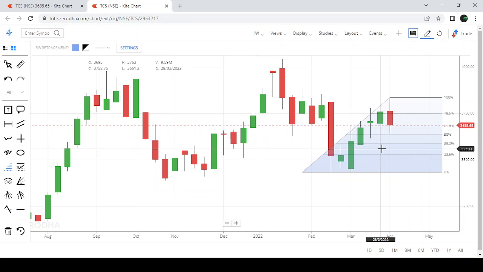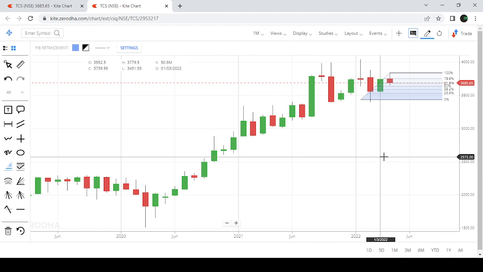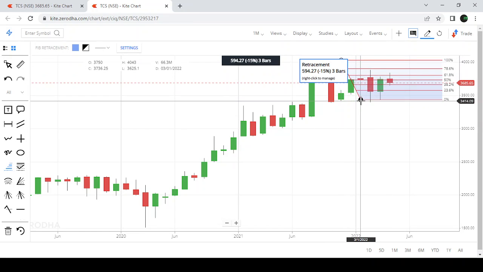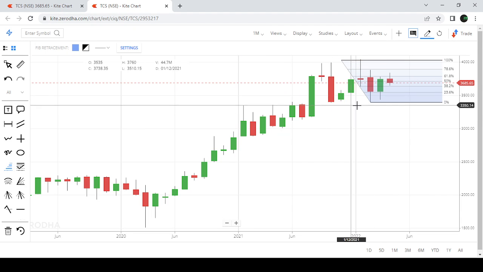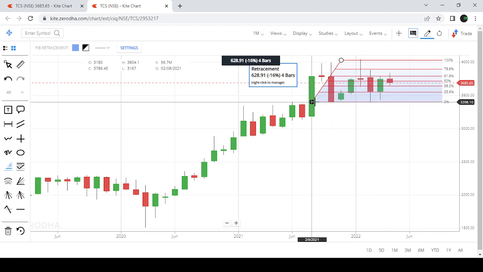So beyond weekly, what is there for TCS? We will have to go for monthly. So what is the monthly rally again in TCS? The monthly rally is something like this. So this is the monthly rally for TCS. So TCS already went up till 3787. So if TCS is going to break